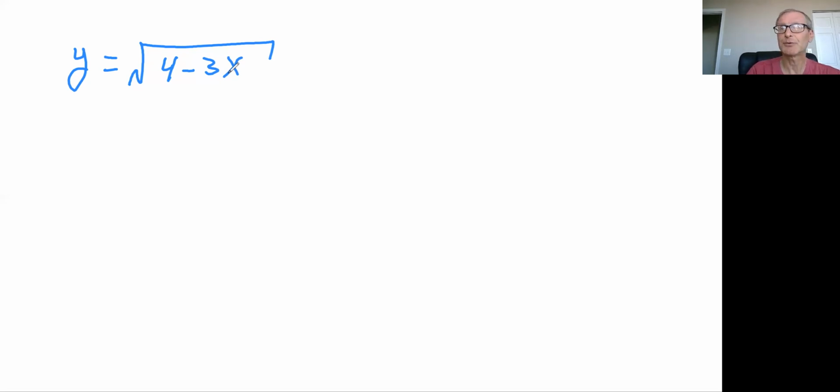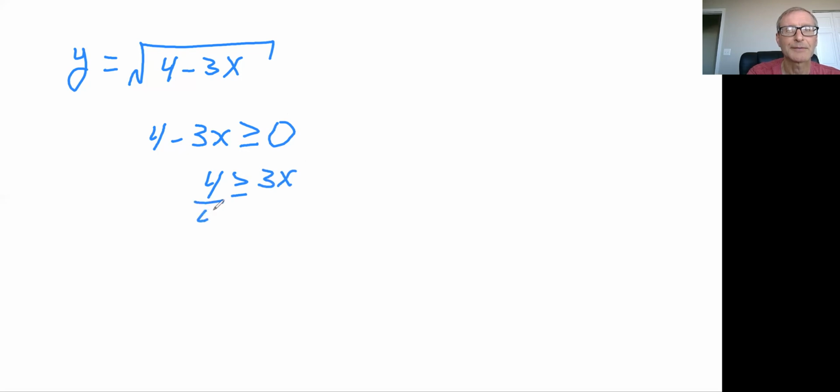So the way to do this calculation is you want what's inside the square root sign to be greater than or equal to 0. So if you do this calculation here, what I'll do is bring the minus 3x to the other side. So it'd be 4 is greater than or equal to 3x. And so if we divide each side by 4, we get 1 is,